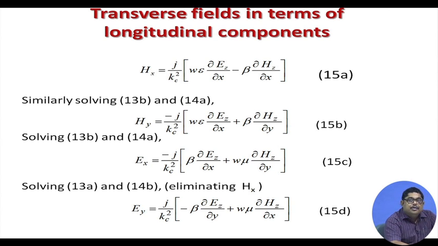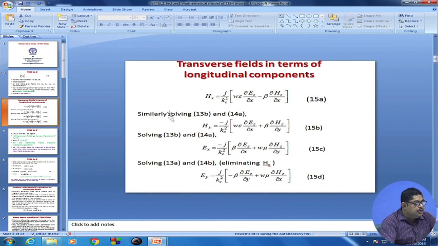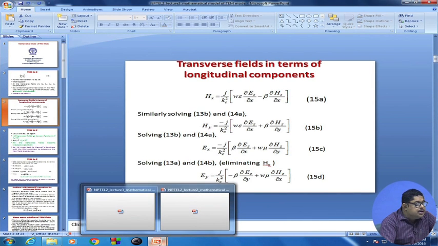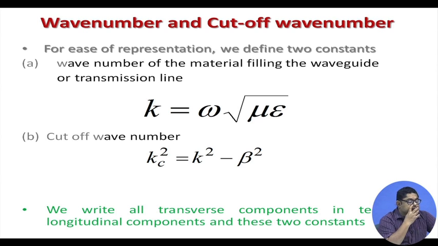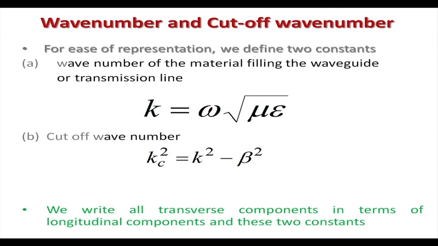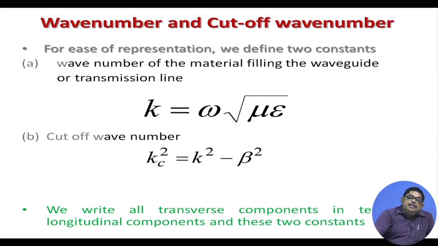If you remember, Kc square is equal to K square minus beta square. So, Kc can be 0 also. If K is not equal to beta, then okay, all electromagnetic fields are 0. But if K is equal to beta,